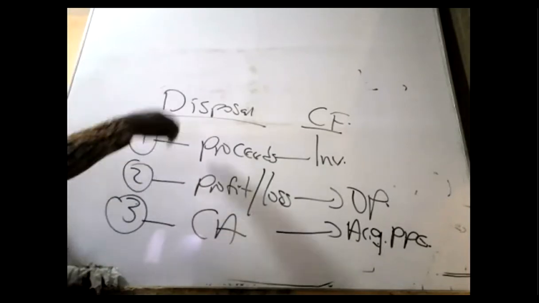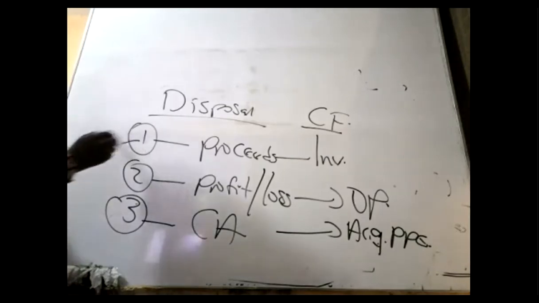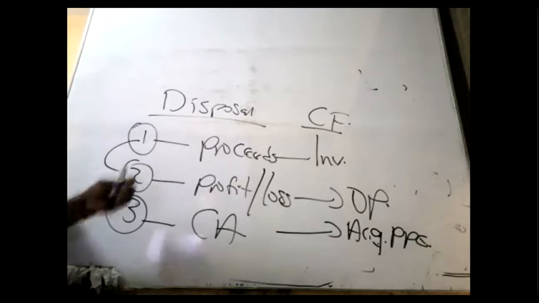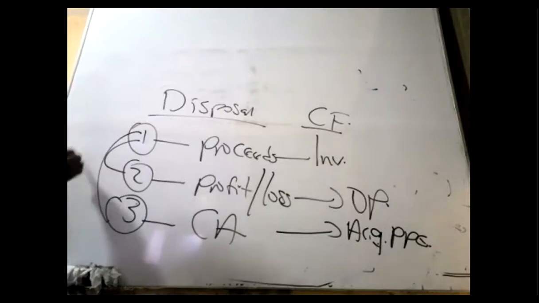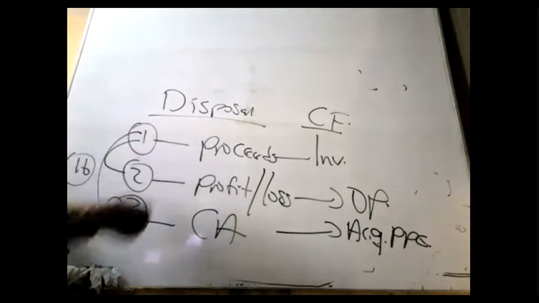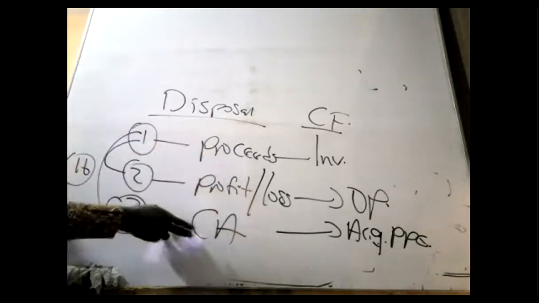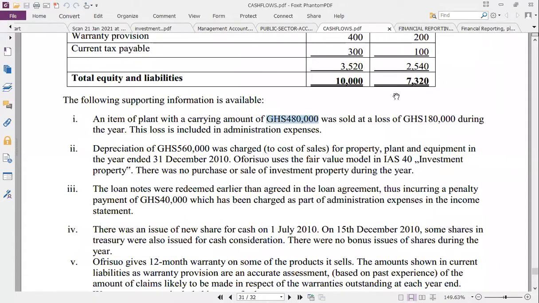However, they are not giving these 3 items at once. No, maximum of 2. We give you 2, so that you will strike a different look for the other one. For instance, it means that you are okay with IAS 16, how to determine profit on disposal, which is proceeds minus the carrying amount. Good. So if you check this question very well, the carrying amount is 480,000. There's a loss of 180,000. So that means what is the proceeds? It's missing. Most of you will look for the profits. So that is all. I'm done with note 1.